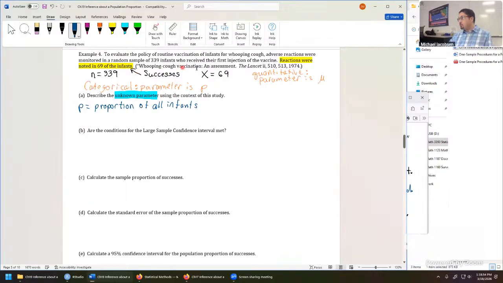Now, if you read into this, this was a study done in Great Britain, but based on the context, that doesn't really give us a lot. So if you just said all infants, it'll be implied all infants relative to where this study's population was targeted. I'll just say briefly, all infants to indicate the population, not the sample. So proportion of all infants that something happened, we just mentioned the success that had an adverse reaction